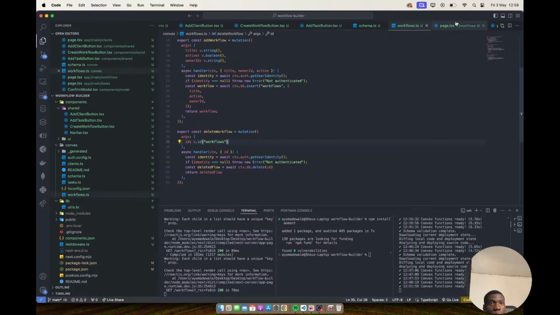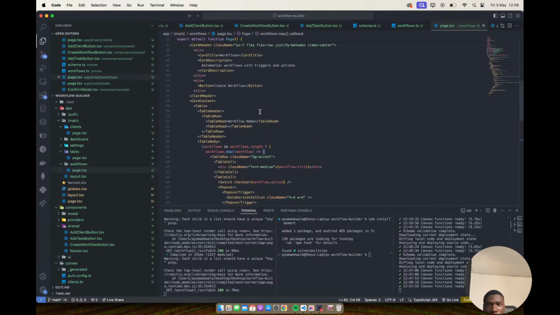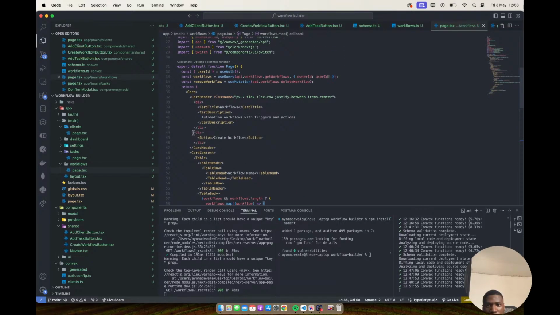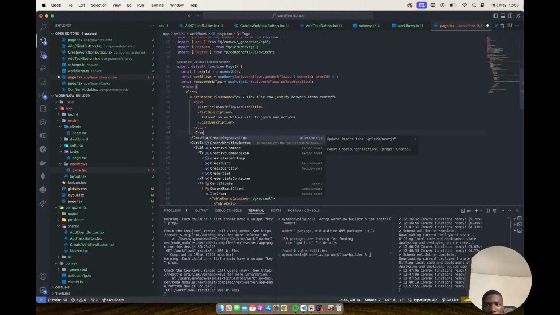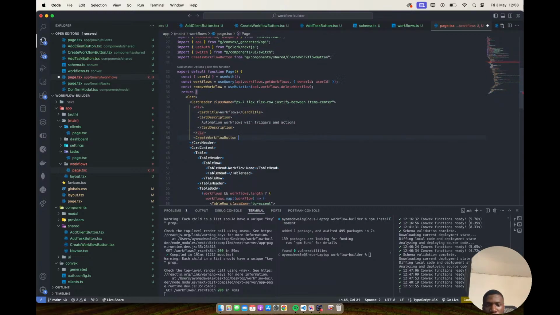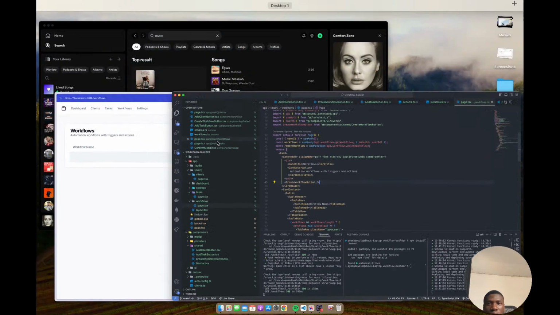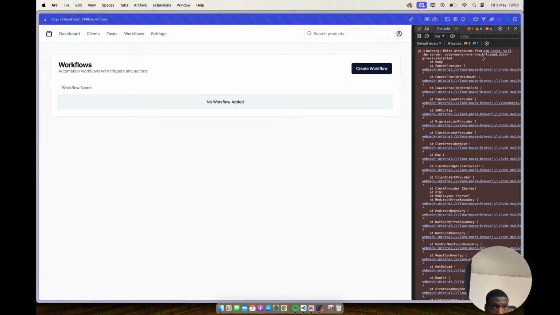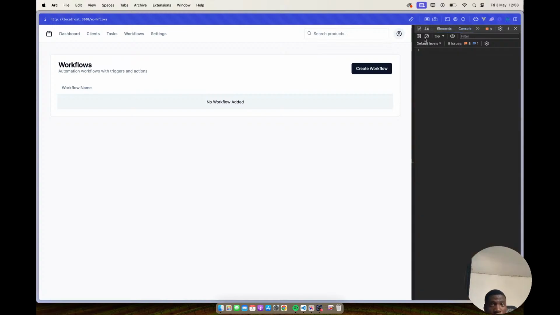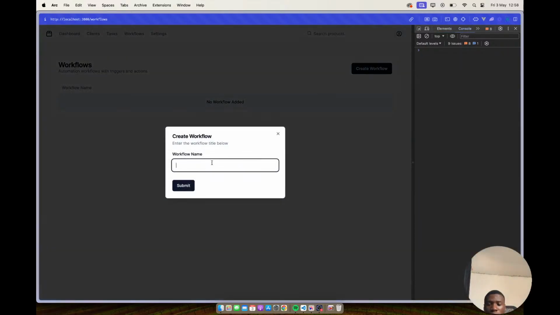So let's go to the workflow page, and this one we do create workflow button, save that, and okay, so the create workflow,